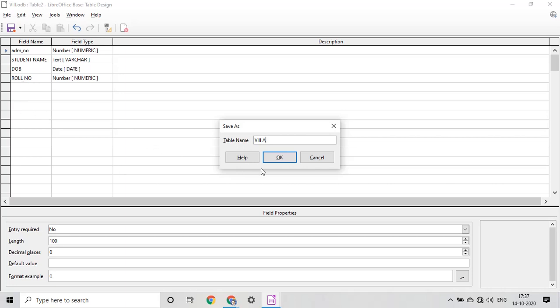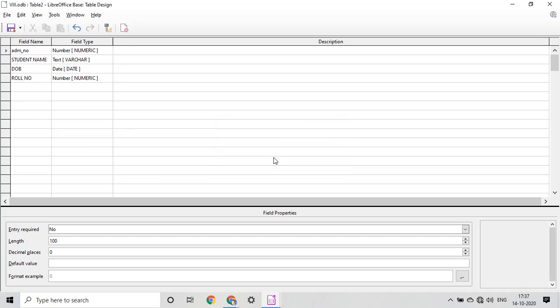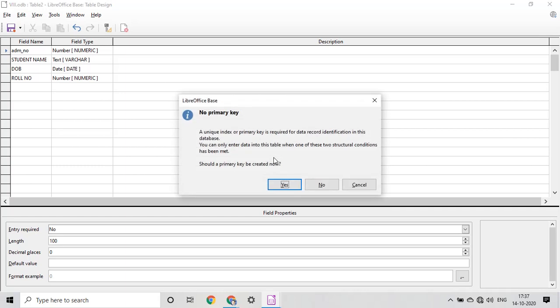So click on OK. It will save your table in Base. Now it will definitely ask for a primary key. A unique index or primary key is required for data record identification in this database. You can only enter data into this table when one of these two structural conditions has been met.